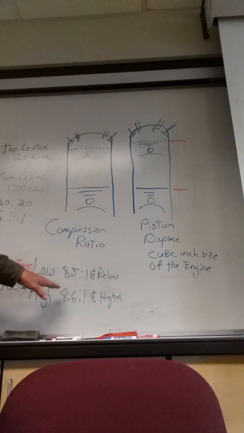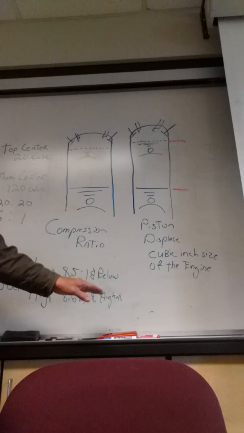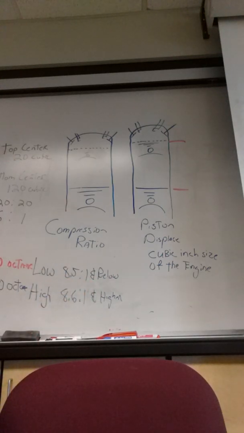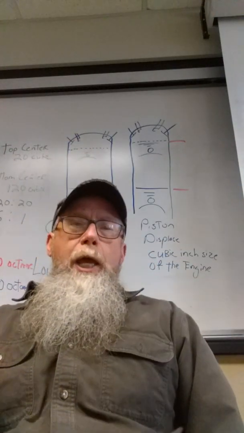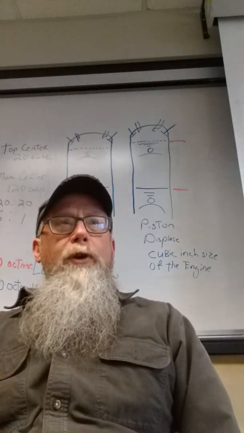They're typically 8.6 to 1 and higher. We are limited how much compression ratio we can have in an engine, mainly due to the fuels that are available. When an engine is built, there has to be an agreement between the fuel companies and the engine manufacturer